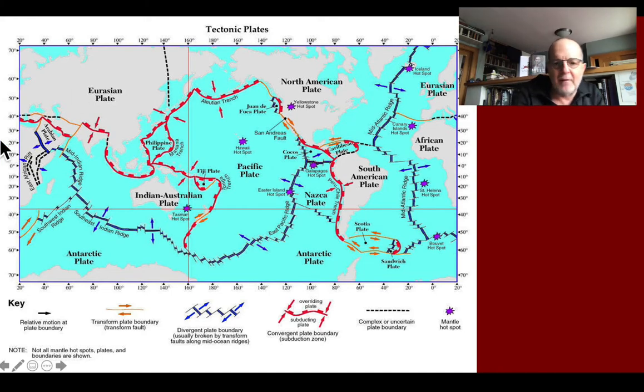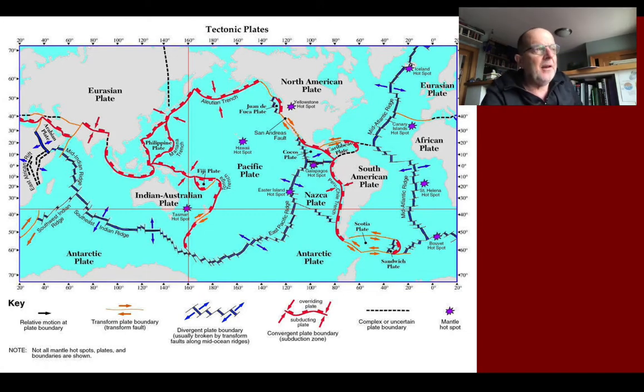Subduction. And then we have this transform plate boundary right here that we can see is happening at the San Andreas Fault, a little bit down here in the Pacific, around the Scotian plate, and here in the Caribbean, causing earthquakes such as that of the one in Haiti, terrible earthquake some years ago, and there's also a lot of